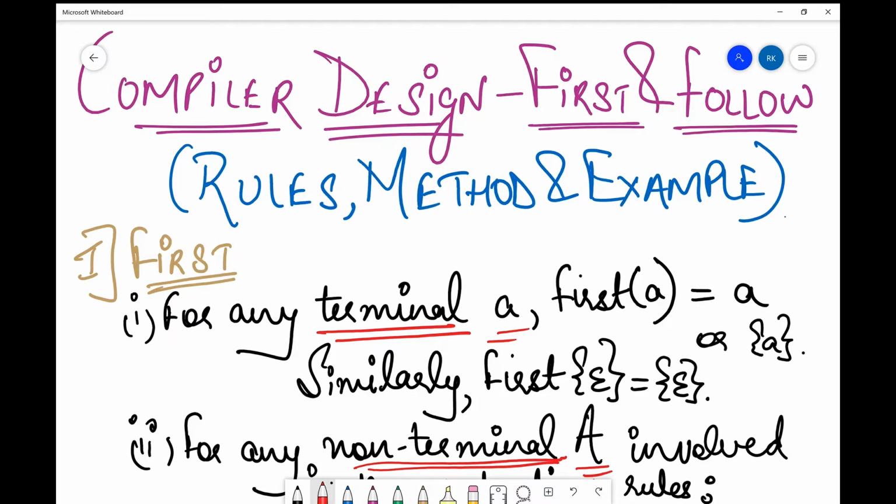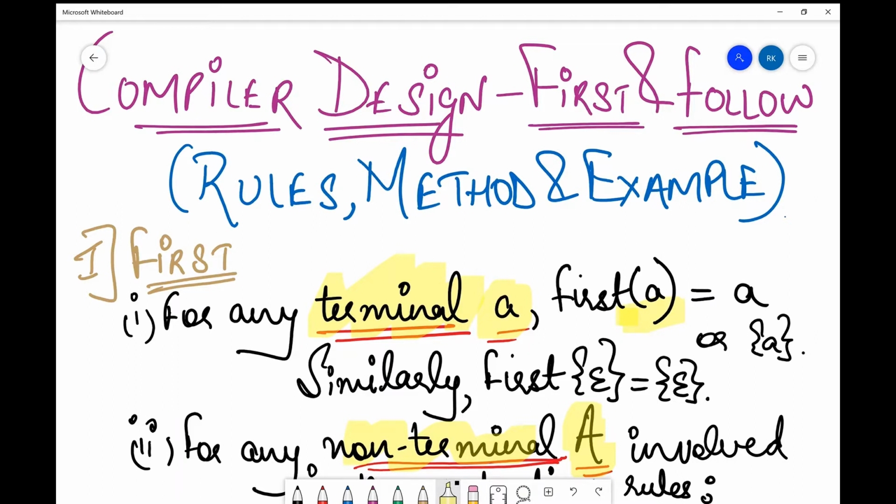First, there are only two kinds of symbols when we talk about compilers. Either there will be a terminal or there will be a non-terminal. Now, terminals are generally represented by small alphabets like a, b, c, and so on, x. And non-terminals are generally represented by capital lettered alphabets like capital A. And what is the difference between them? As the name suggests, terminal means something which terminates. If you get to a terminal, you cannot move forward. There is no production starting from a terminal. When it is a terminal, it just terminates. It just stops there.